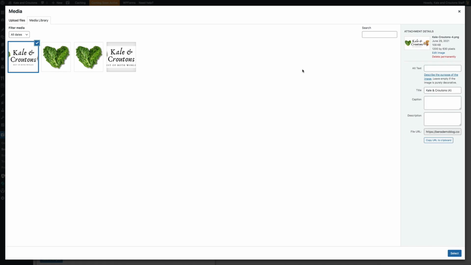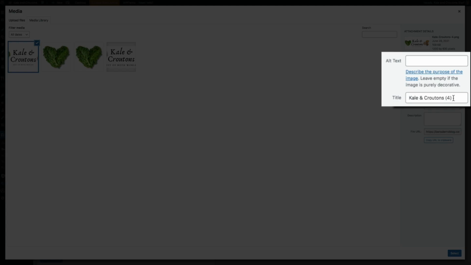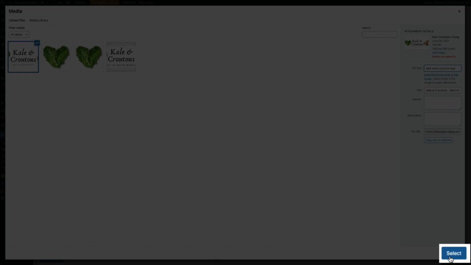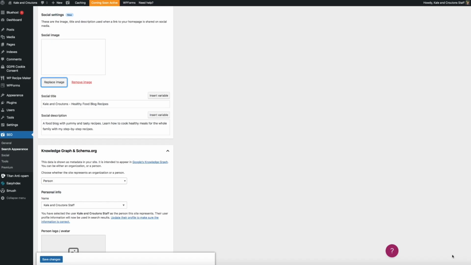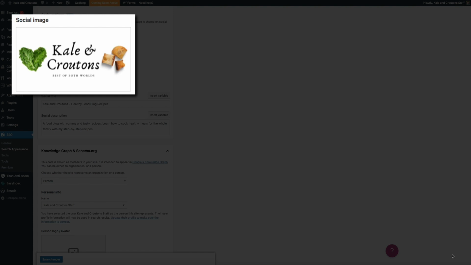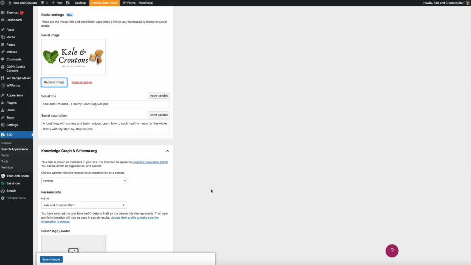Then once you have the image, don't forget to update the alt text and title within the attachment details. This is a best practice and good for SEO as well. Then click the Select button. And we now have a beautiful social image that will be displayed across all social networks when our homepage is